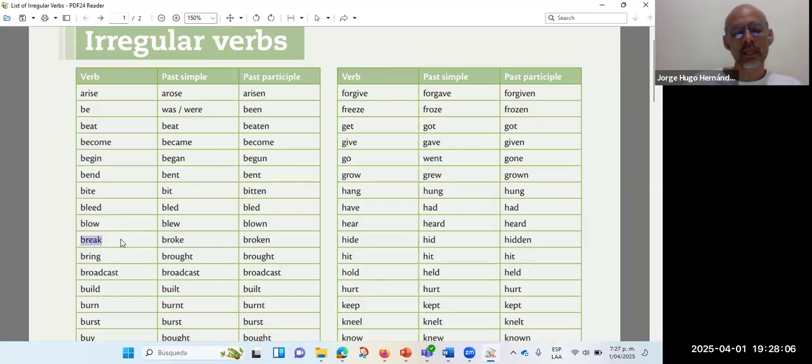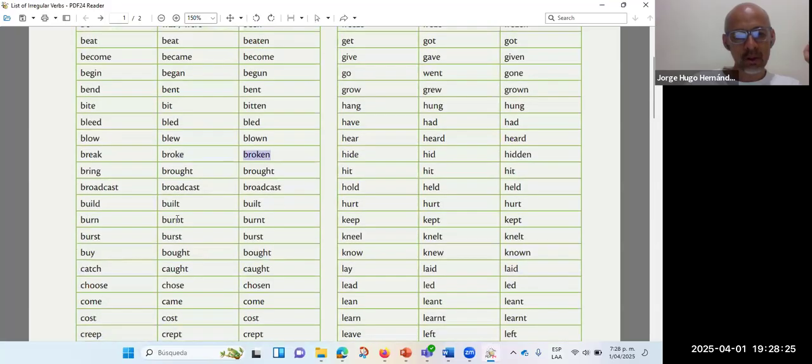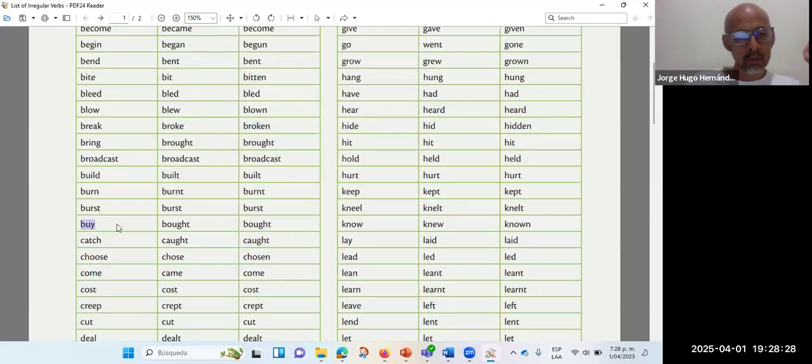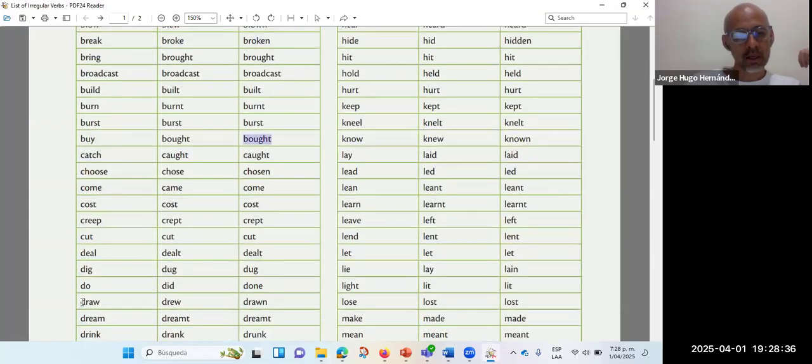Por ejemplo, yo cojo un verbo acá, break, romper en presente. Si yo digo I break, yo rompo. I broke, yo rompí, pasado. Y este broken, la terminación ado, ido del español. O sea, aquí no podemos decir rompido, pero es roto, ¿no? Pues es la excepción, porque todos los demás sí terminan en ado, ido. Por ejemplo, buy, comprar, compré en pasado. Y acá, bought, comprado. ¿Sí? Y así con cualquiera los encontramos acá. Draw, dibujar en presente. I draw, yo dibujo. I drew, yo dibujé. Y I have drawn, yo he dibujado.